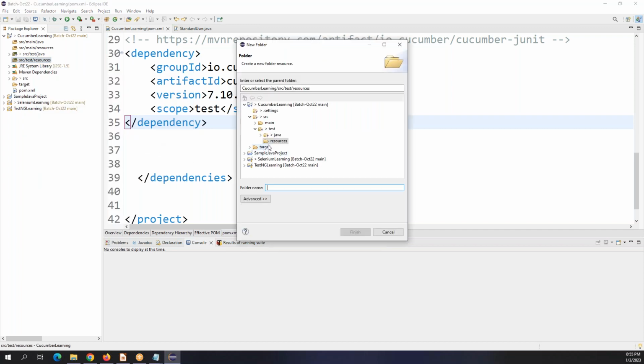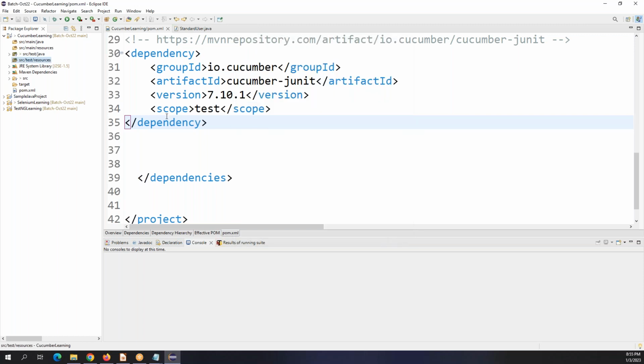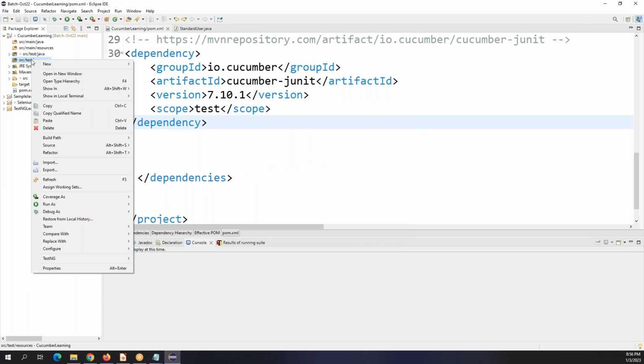Okay, click on folder and give a name exactly like this, features. So the src resource, main resource over there? Source test resources, the fourth one. Okay. Source test resources, right click on it,